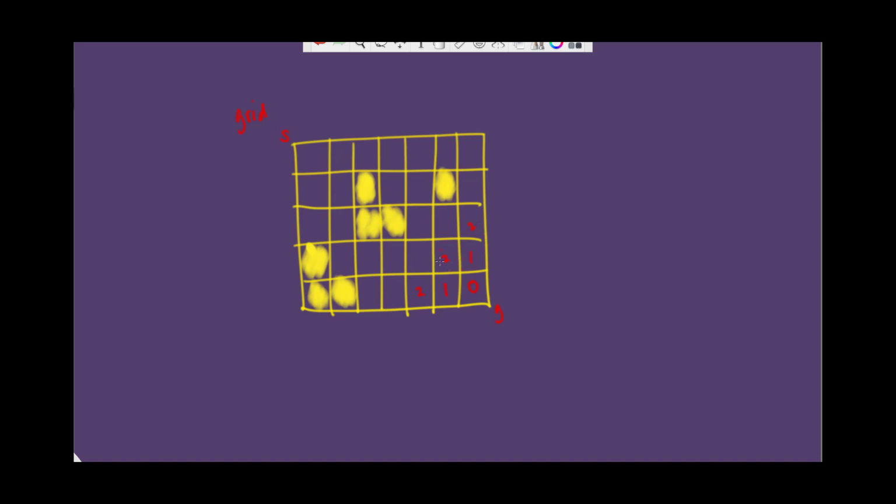And so I'm going to go to this one and its neighbor is going to get 3. I'm not going to change that one because it already has a value. I'm going to go over to this one. That's going to get 3. This one's going to get 3. This one's going to get 4. This one's going to get 5. This one's going to get 4 and so forth. And so when I am done with this,